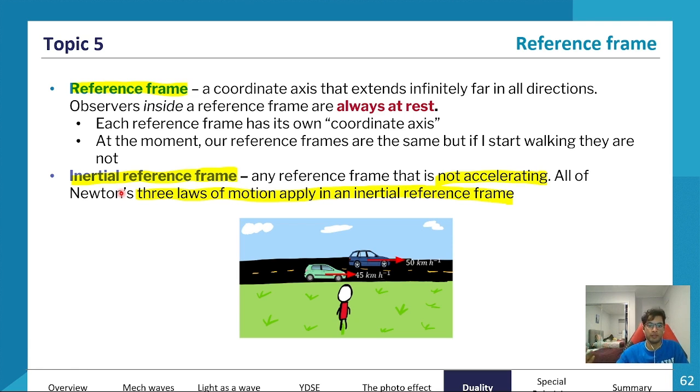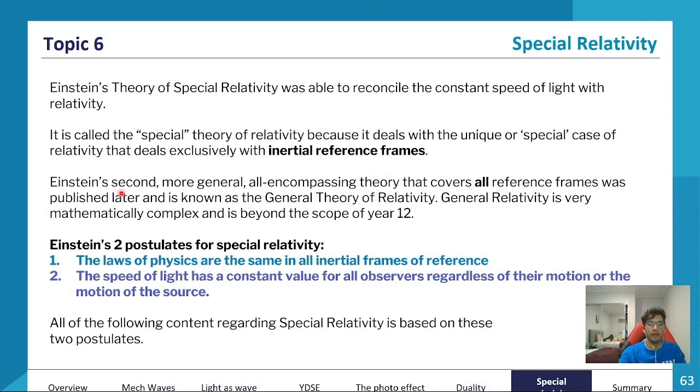There is no experiment that's going to differentiate whether you're at rest or traveling. So when you have an inertial frame of reference, it's not accelerating, and all the laws of motion will be the same. It doesn't matter if you're traveling at 0 kilometers an hour or at the speed of light. All three laws of motion will be the same. And what Einstein